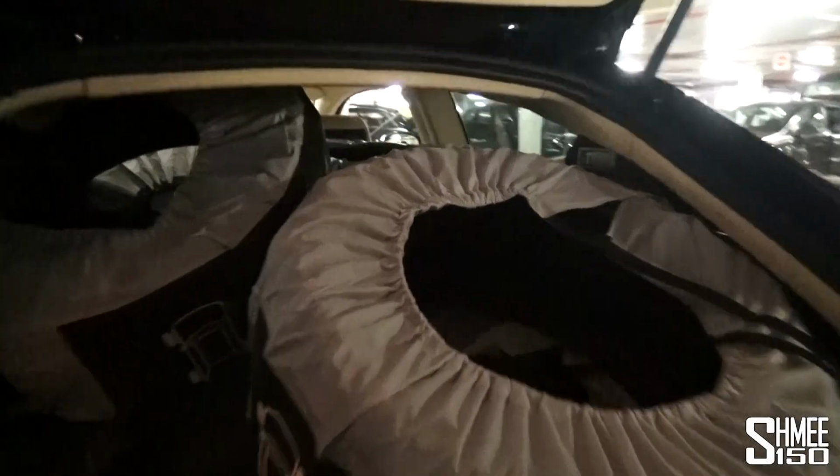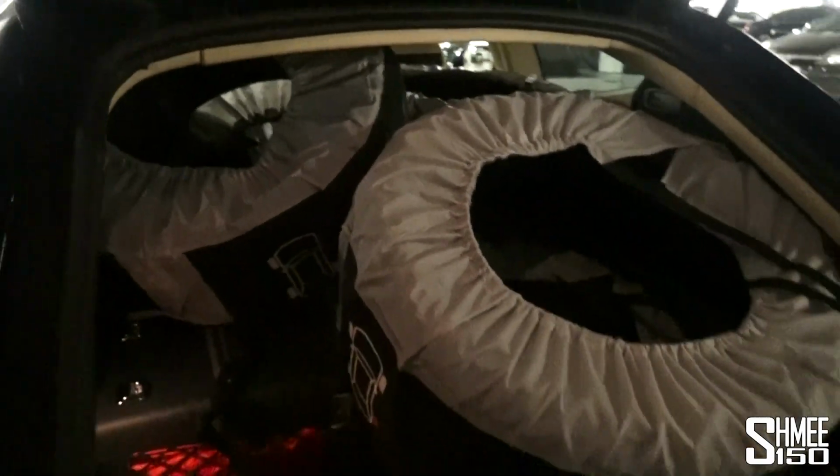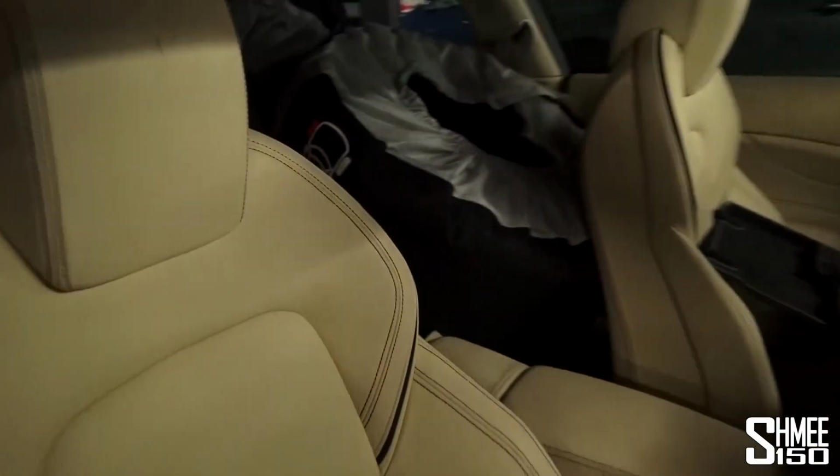And I think this is one of the quite fun things that people probably wouldn't realise. You can fit 4 tyres in the back of an FF. I think if anything's a good way to judge the amount of storage space a car has, that probably is. Literally, we've got all 4 back here